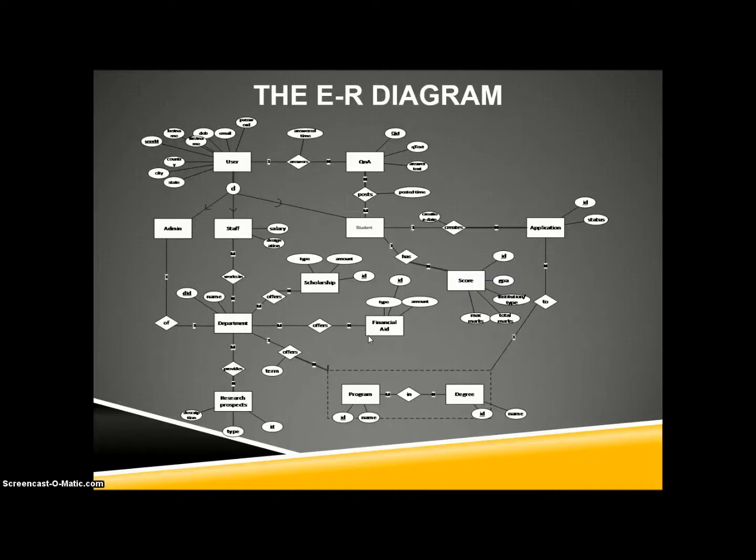Application is tied to the aggregate relationship of program and degree. Multiple programs can be present in multiple degrees, so the relationship between program and degree is m:n. Program has an ID which is unique and has a name. Degree has an ID which is unique and has a name. This aggregate relationship between program and degree is tied to the department which offers this course in a particular term, and the relationship is 1:n. Department maintains the record about which degree and program a student applies to in a particular term.